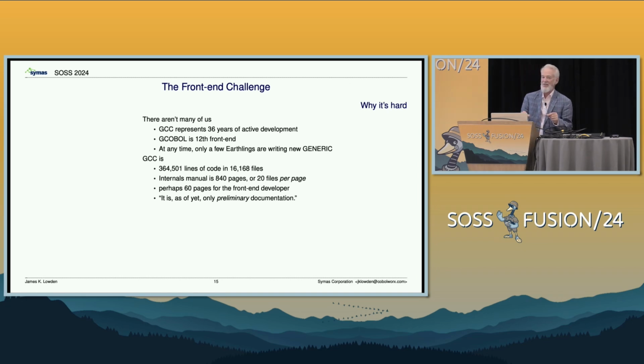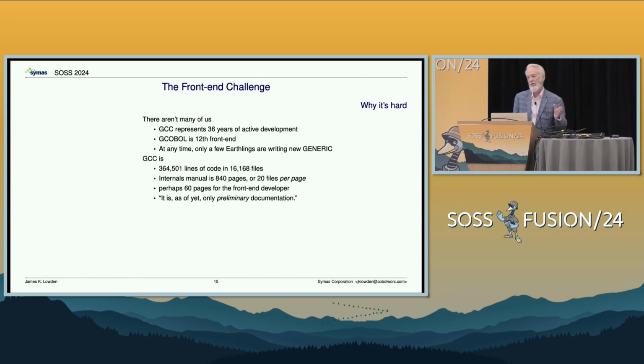And one of the things that happens is you get to the end, and maybe you've had this experience yourself, of something, and you say, now I know how to do that. Maybe I should write that down for the next guy who comes along. But nobody's paying you to do that, so it doesn't get done. So I think that's part of the reason. It's just hard and it's sparse, and there isn't much motive, much incentive to go out and produce the kind of documentation that's really needed.